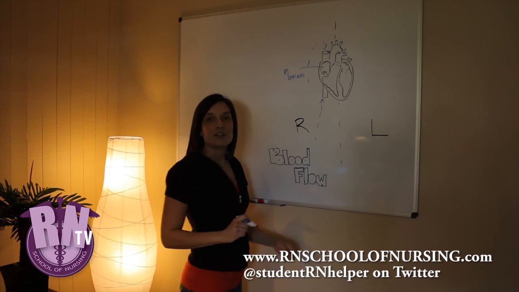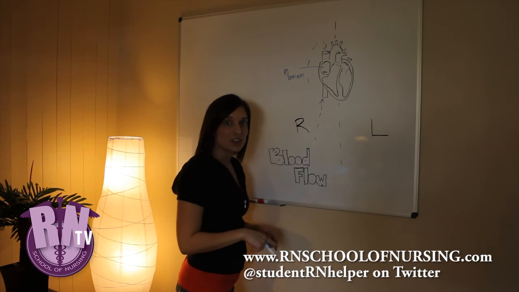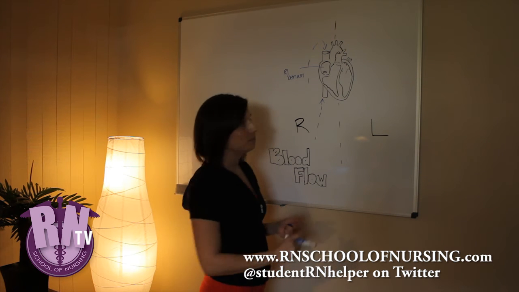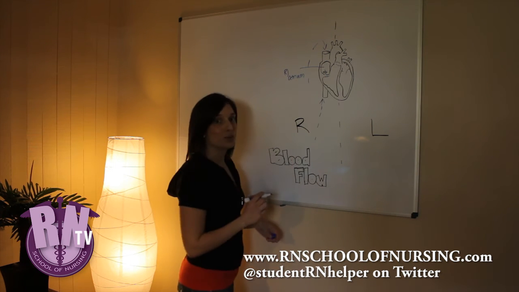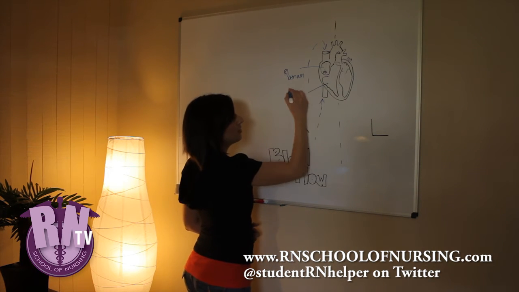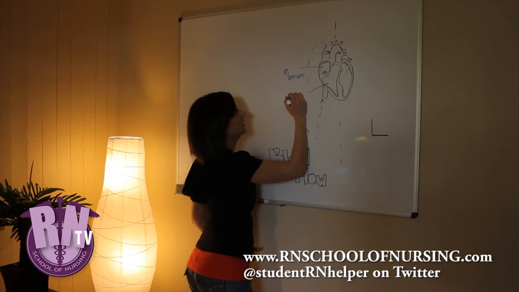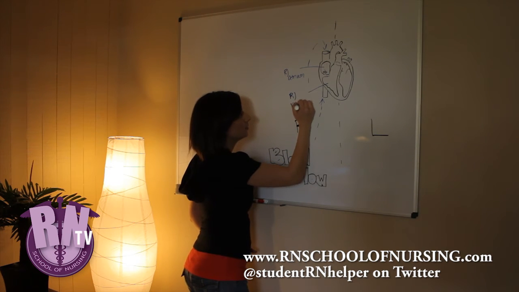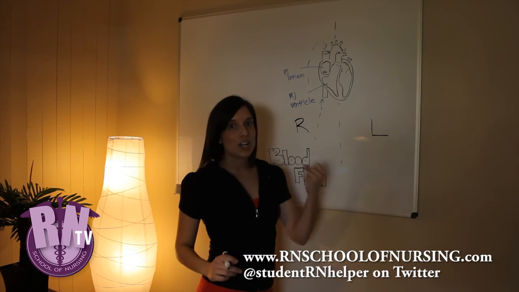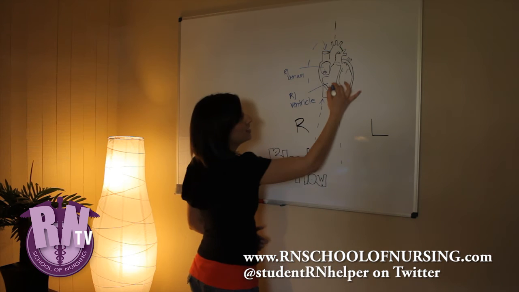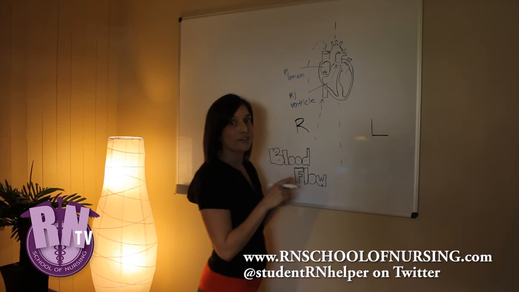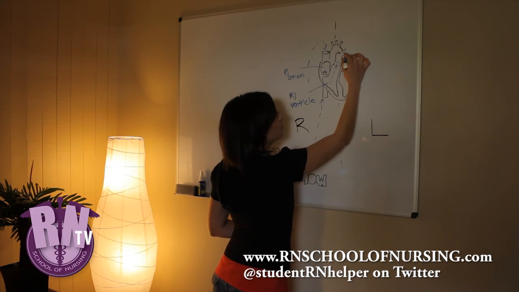So this is where it first enters the heart. Deoxygenated blood enters the heart from the inferior vena cava, superior vena cava, into the right atrium. Then it travels through the tricuspid valve down into the right ventricle. As the heart pumps, it's then going to travel to the pulmonic valve, through the pulmonic valve, into the pulmonic artery,